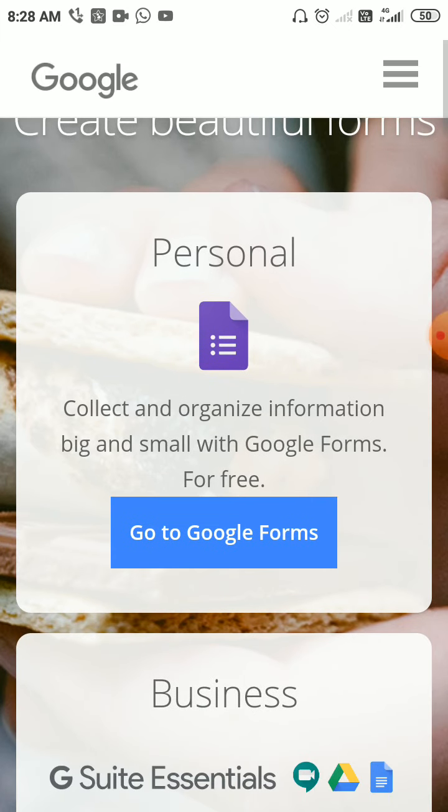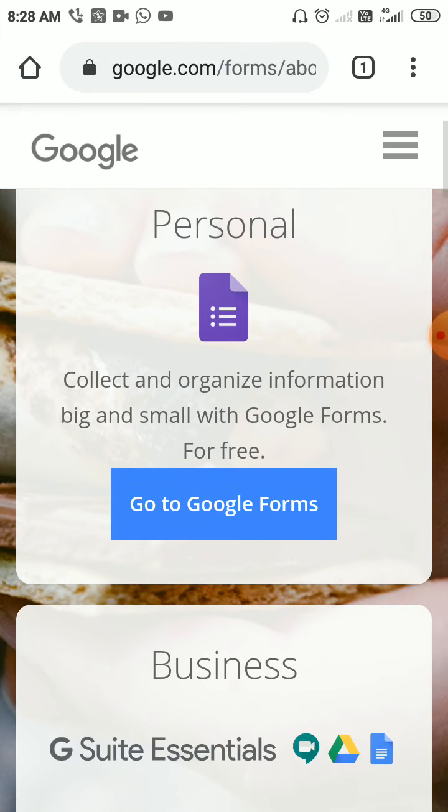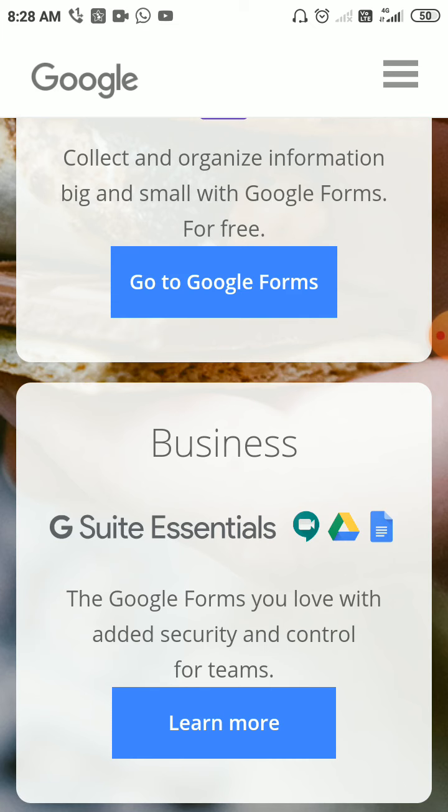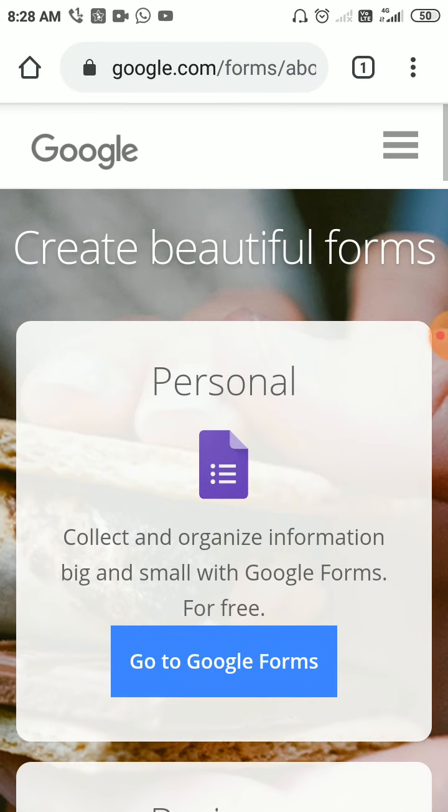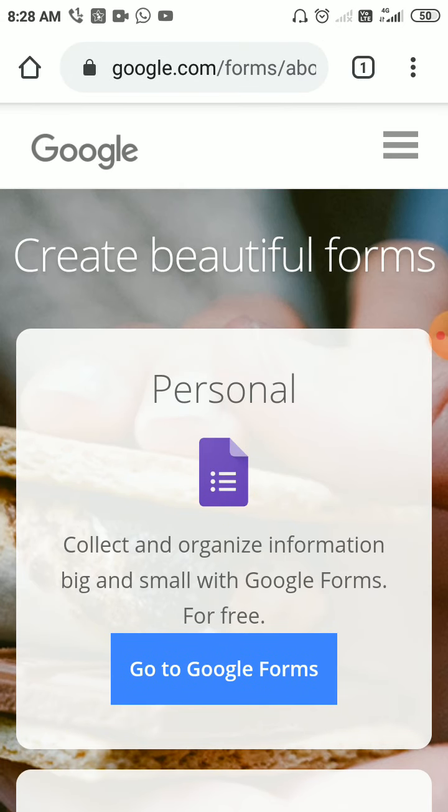So then it will ask two options, personal and business. So please don't click business because there are many premium functions of the Google Form which is used for the corporates only. But for your school level or you want to create the question paper for students, so you need to click the personal. So I'm sure all of you have the Gmail account because when you click this link, it will ask you to click your Gmail account, enter your Gmail account and the password.